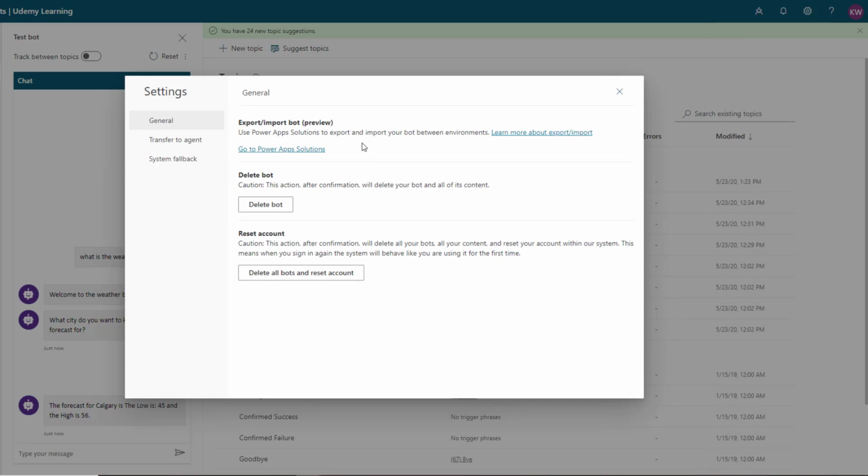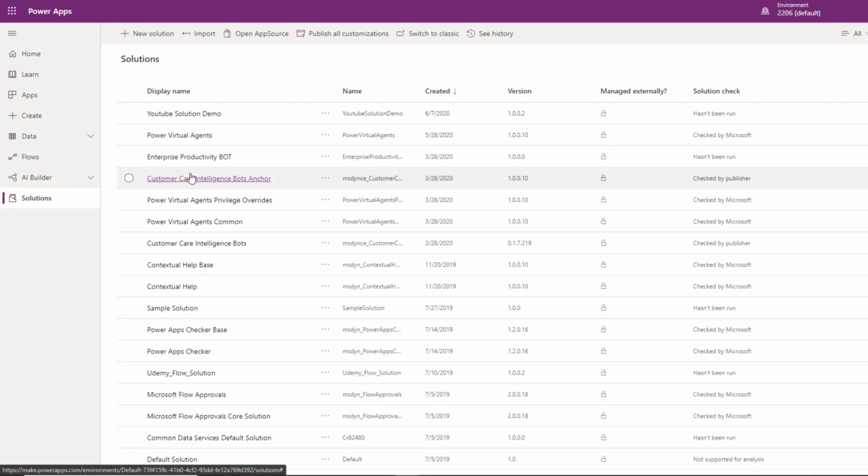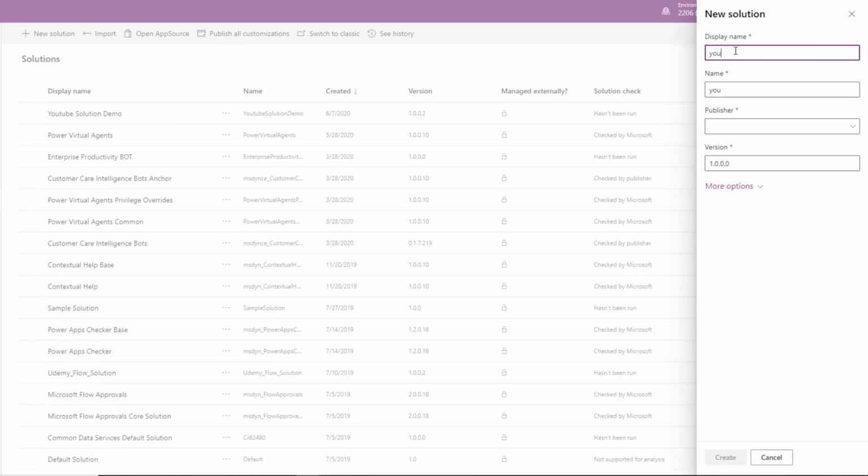I'm now in a position where I can export and import my bot. I can click on this link, and it's going to take me over to the Power Apps Solution Explorer experience. Here I've got a previous demo. Now I can create my solution. So let's provide a solution name, and we're going to call it YouTube